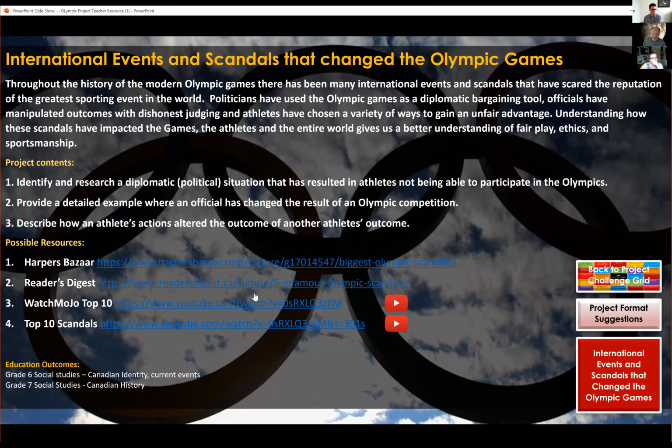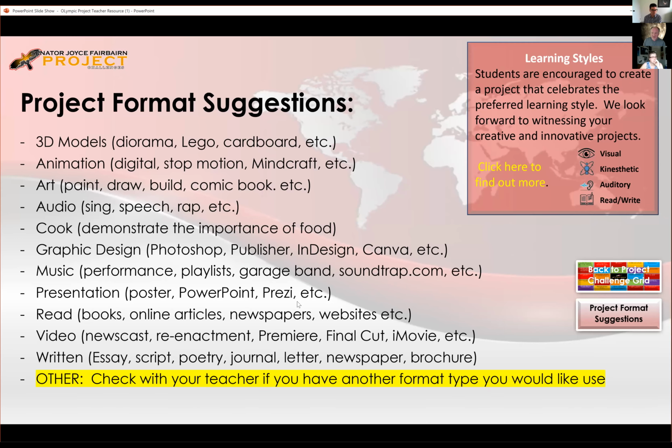And then what the students had to do is come up with a way to present this information. So if you click this button for the students, these were all the options they could use to present the information that they had learned. So a wide variety. All of our kids are at different levels, obviously.